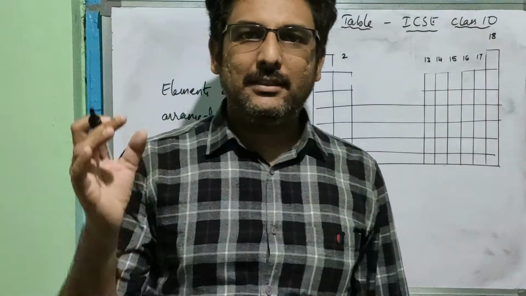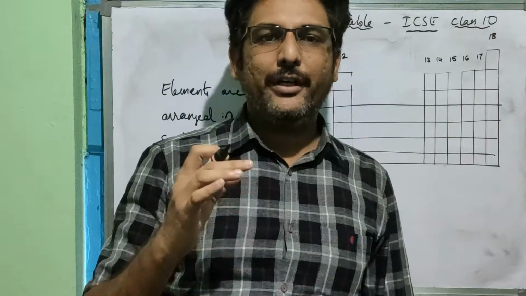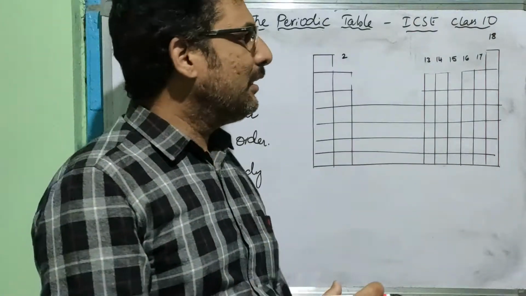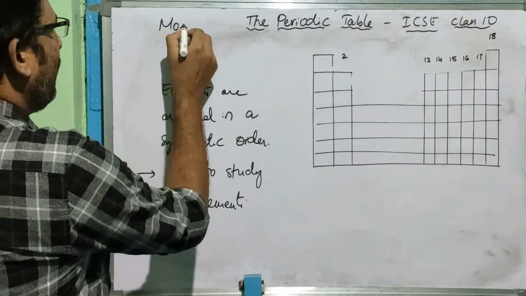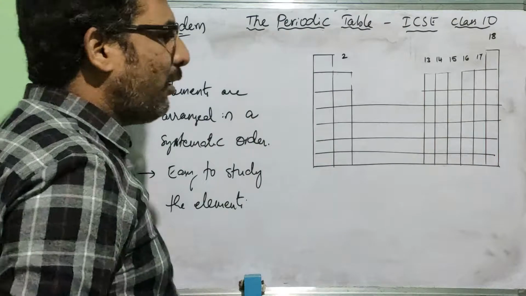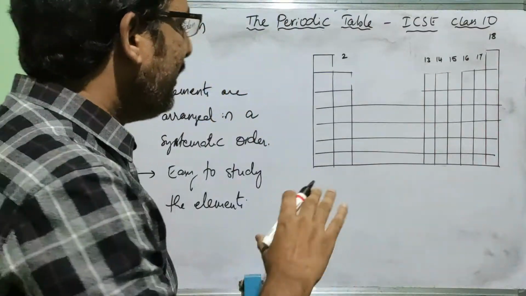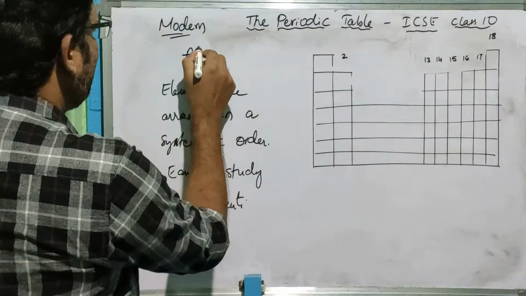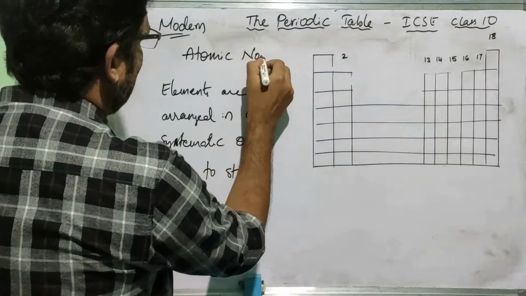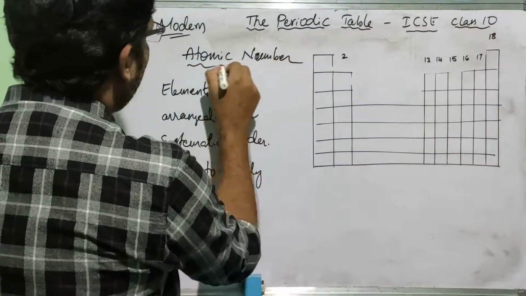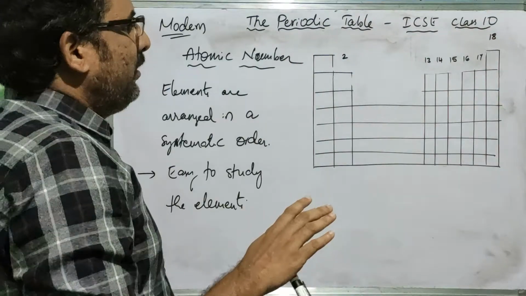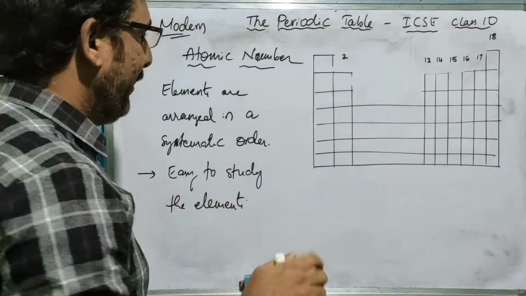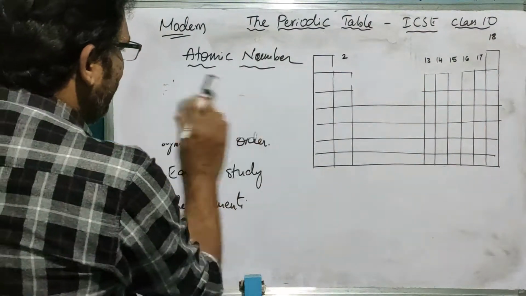As per this ICSE class 10, we are not going to learn about the previous theories of the periodic table. We learn about the modern periodic table, which is also called the long form of the periodic table. In this periodic table all the elements are arranged in the increasing order of their atomic number. So the modern periodic table is based on the atomic number of that element, and the modern periodic law states that